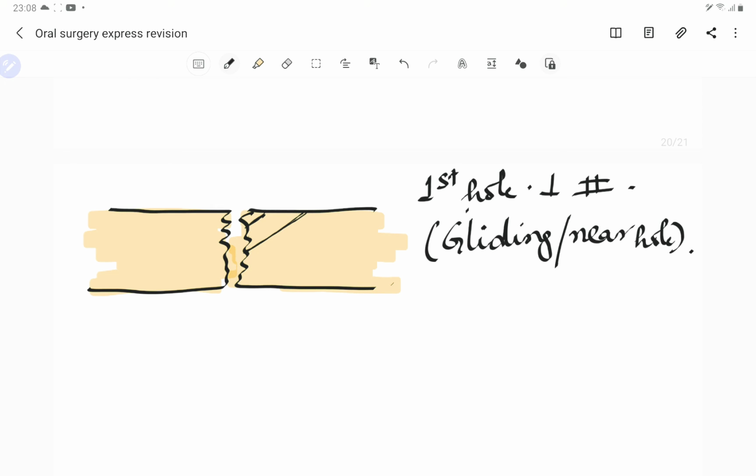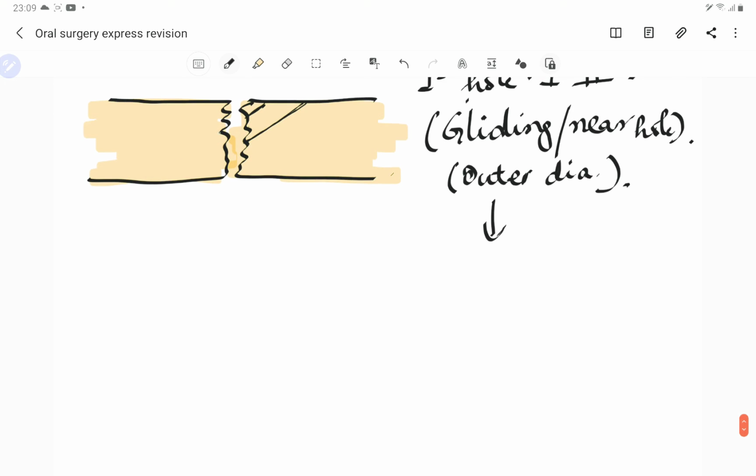Right, this is called the glide hole. Now we make another hole which is equal to the core diameter. See, this gliding hole, the first hole, guys, has the same dimension as the outer diameter of the screw. Then the second hole which we prepare, this one,